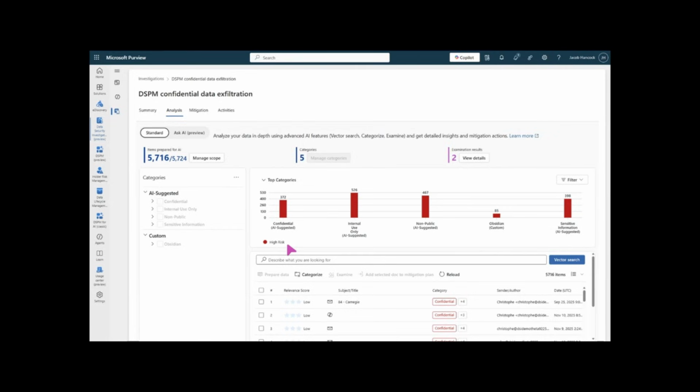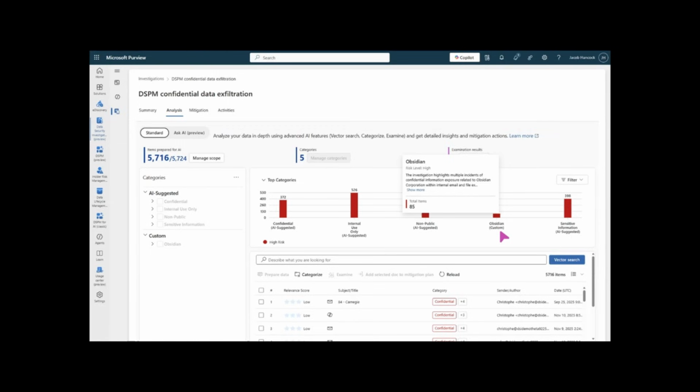And here you're seeing I've selected a few AI suggested categories. I've selected Obsidian. And then we start giving you a picture out of the 5,000 files. We start showing how many of those match those patterns. And for each category, we give you a risk score. So you are looking for that confidential data, that secret acquisition called Project Obsidian, and it's actually a pretty high score, a pretty good match in terms of content that matches that pattern.